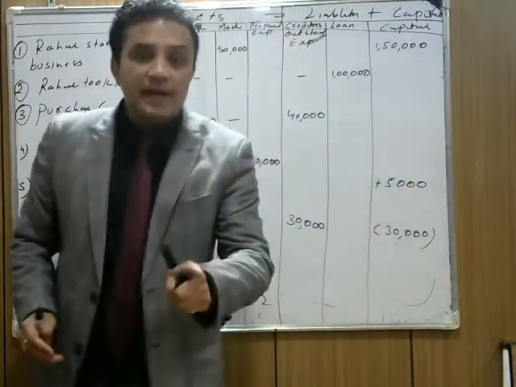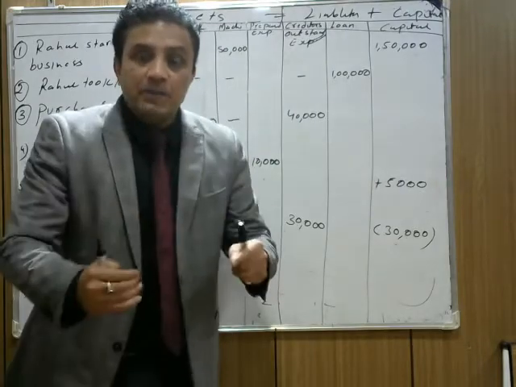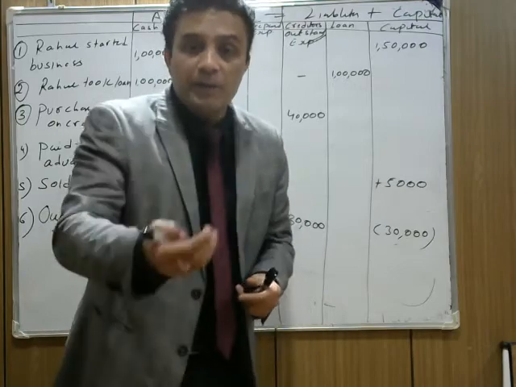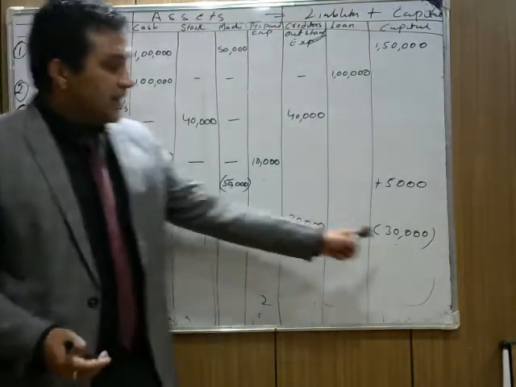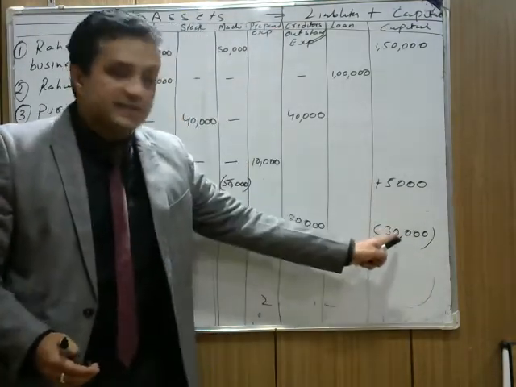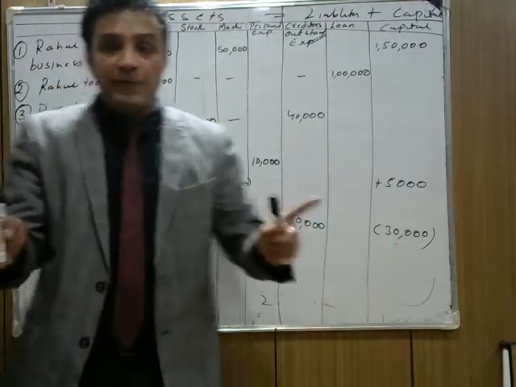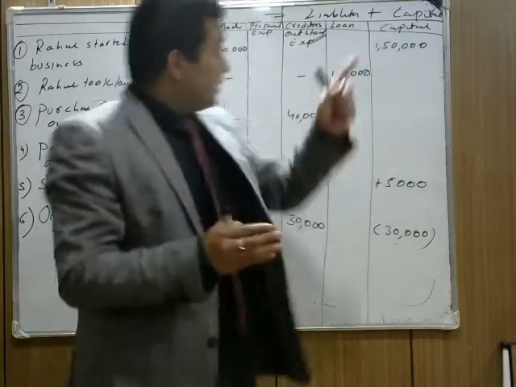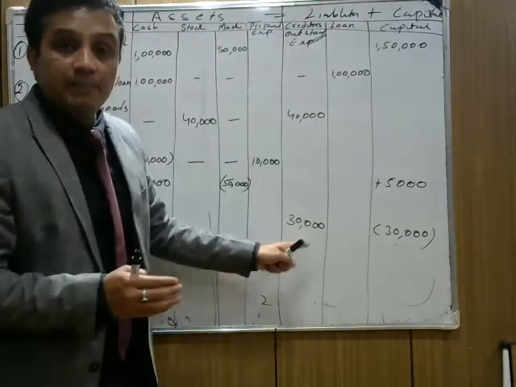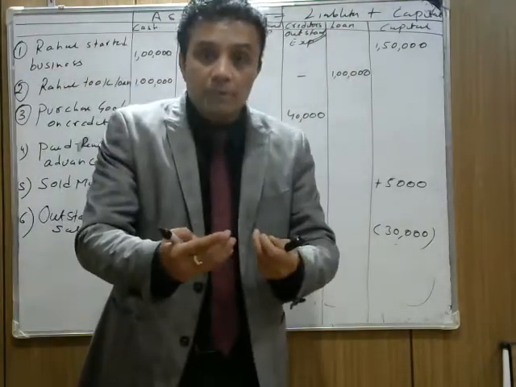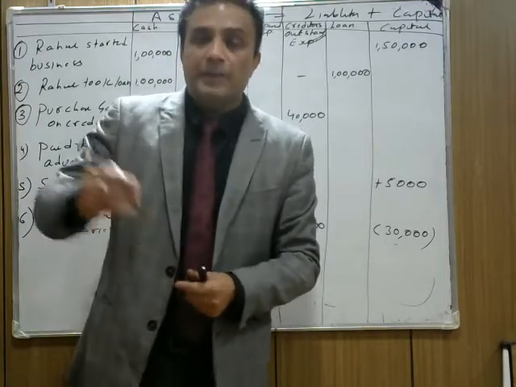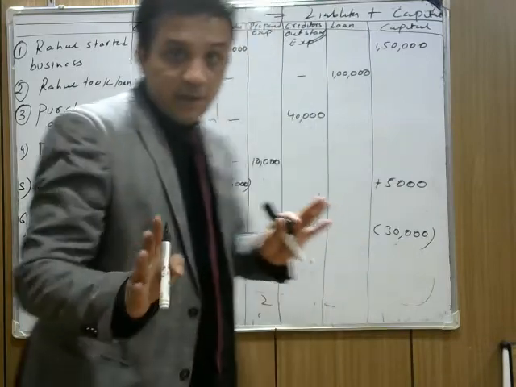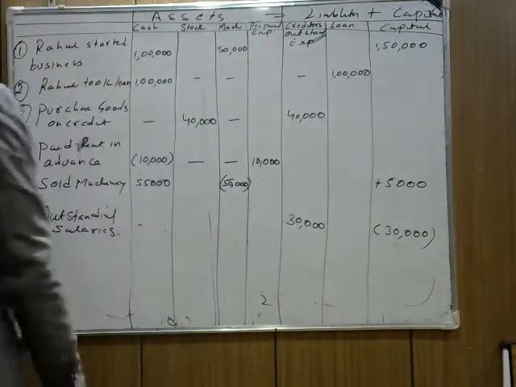So outstanding salary you have not paid yet, ये भी खर्चा नहीं हुआ लेकिन खर्चा तो है, you have to pay. It's a compulsory liability, you have to pay the outstanding salary to your creditors. So it's an expense, that's why it decreases the capital. It doesn't affect assets, but it decreases the capital. It comes on the liability side as outstanding because the liability we have to pay, maybe not this month, maybe next month. It's a compulsory liability, we have to pay at any cost. Is it clear now? So outstanding salary.